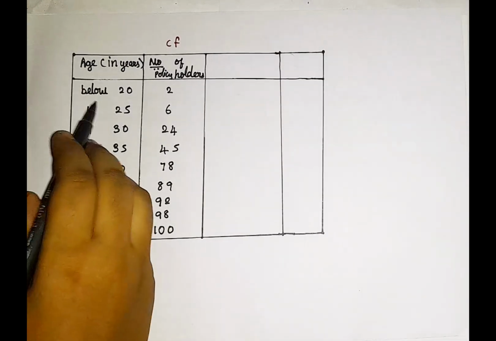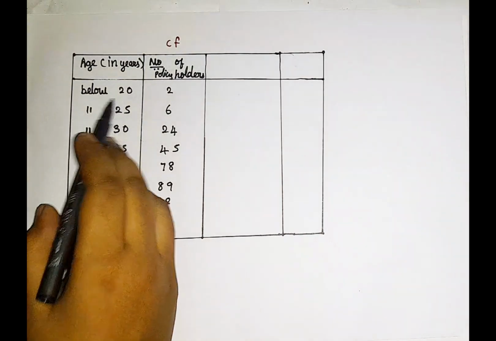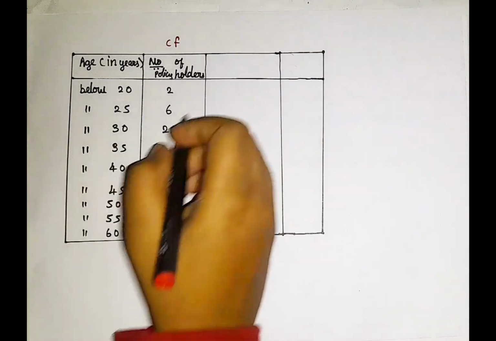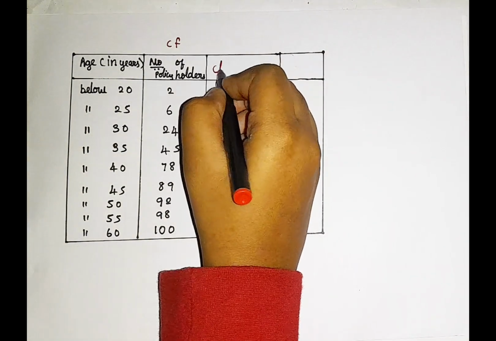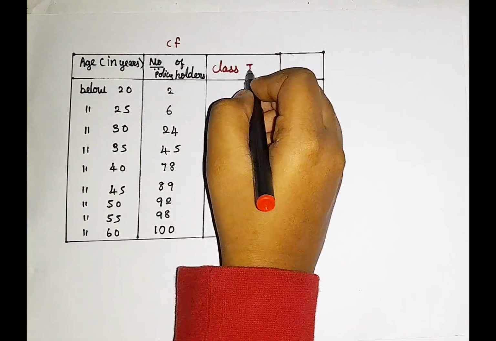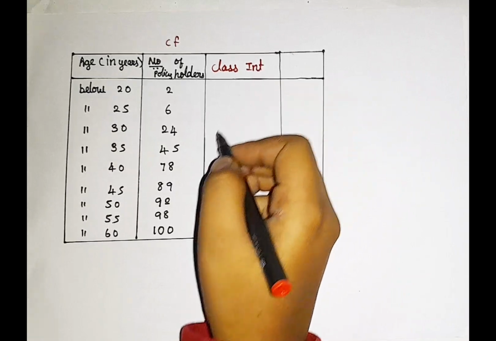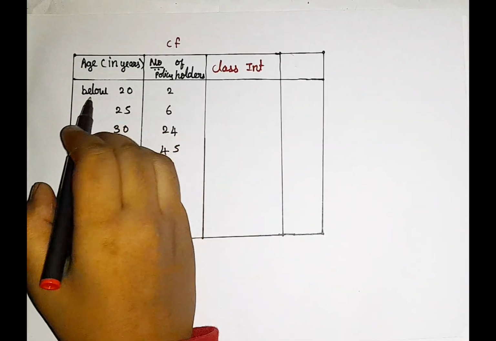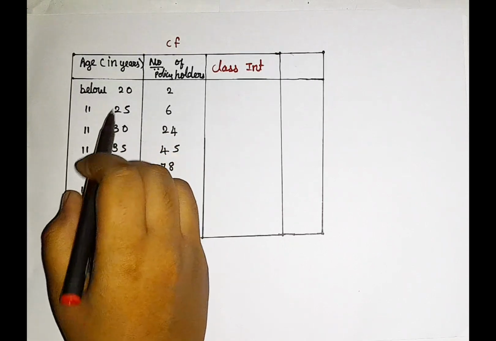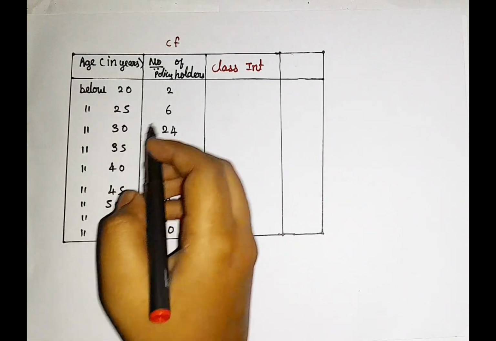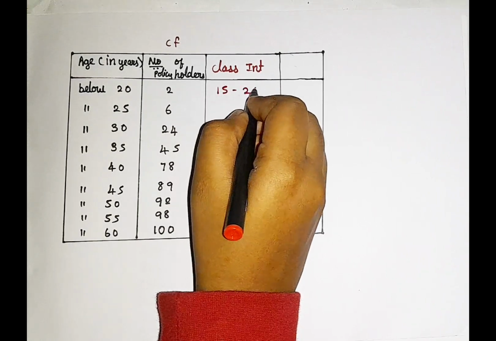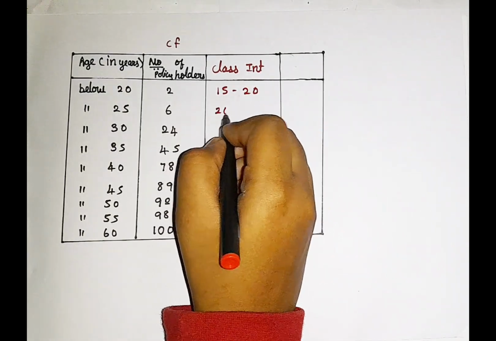Okay, so since we have something like this, that is below 20, below 25, I am going to write it as normal class interval. Okay, how to write that? It is literally easy. Here when you check it out, the gap between them is 5, isn't it? So I am going to write 15 to 20 and 20 to 25